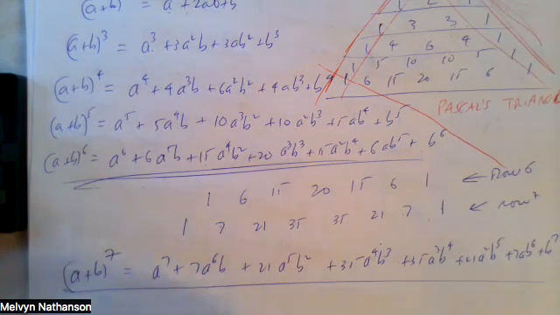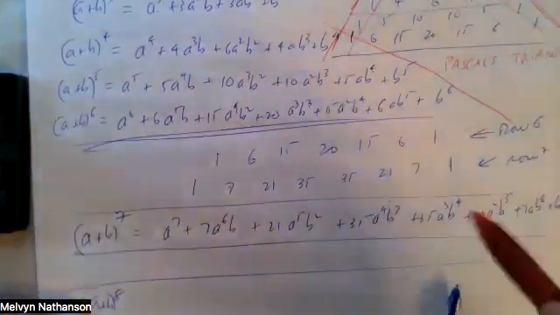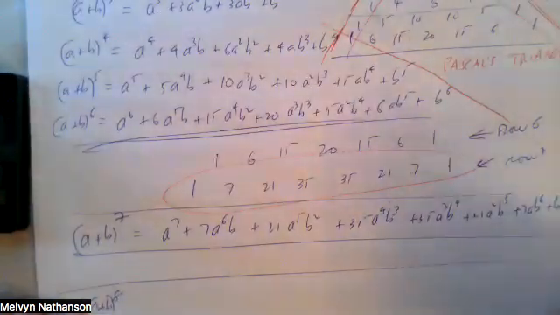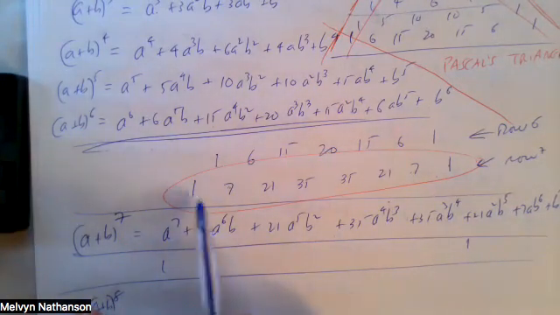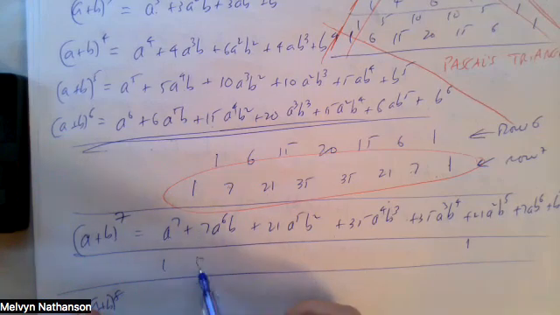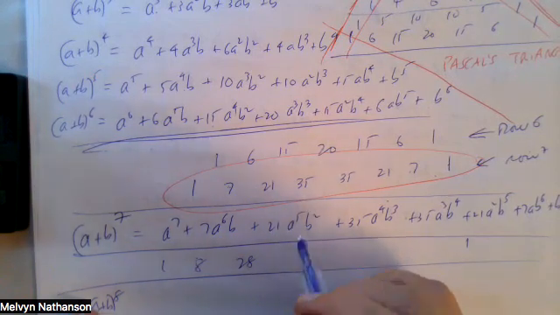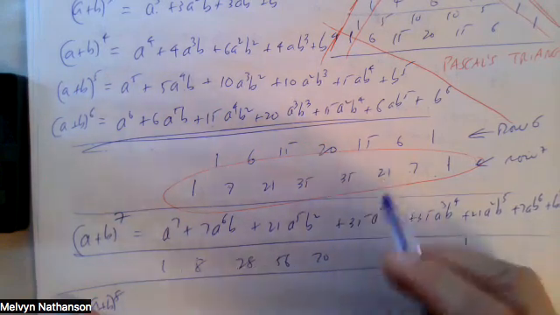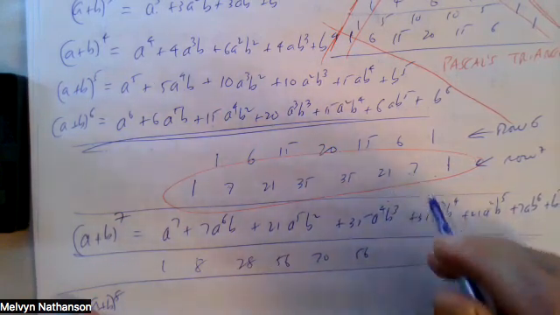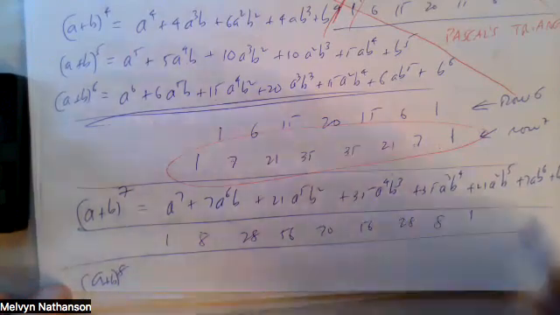Like, how do you get a plus b to the 8th? Well, you need to get the 8th row. Here's the 7th row. What will the 8th row be? It'll start and end with a 1, and then you just add consecutive numbers. Here, 1 plus 7 is 8. 7 plus 21 is 28. 21 and 35 is 56. 35 and 35 is 70. 35 and 21 is 56. 21 and 7 is 28. 7 and 1 is 8. So this is now the 8th row